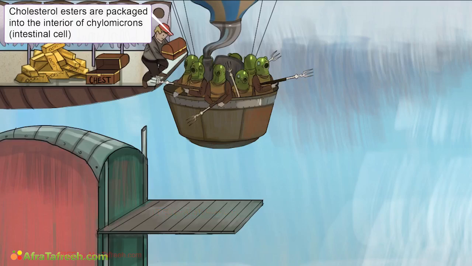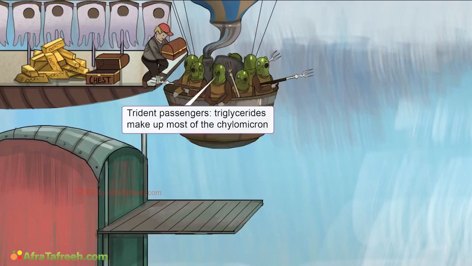That hot air balloon looks pretty full already, though. That's because the main component of chylomicrons isn't cholesterol, but triglycerides. Throughout this chapter, whenever we want to depict triglycerides, we'll sketch in these triglyceride trident-wielding passengers, wearing the cool Jules Verne-style diving helmets. Inside the intestinal cell, free fatty acids absorbed from the lumen combine with glycerol to form triglycerides. Triglycerides and, to a lesser degree, cholesterol are assembled into a chylomicron and sent into the lymphatic system, eventually reaching